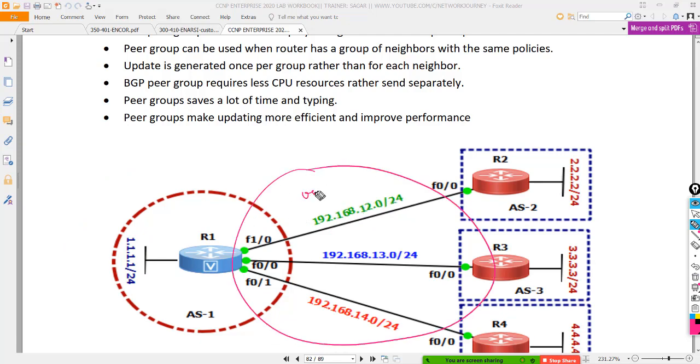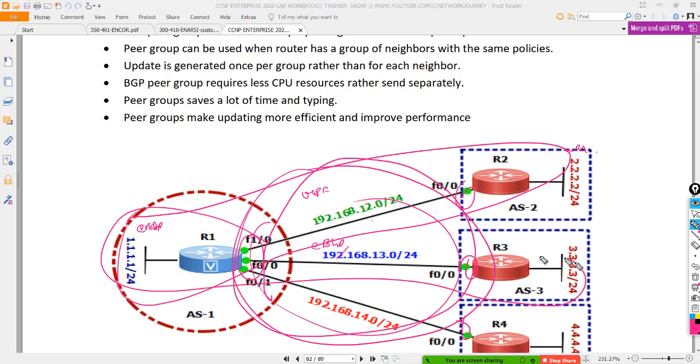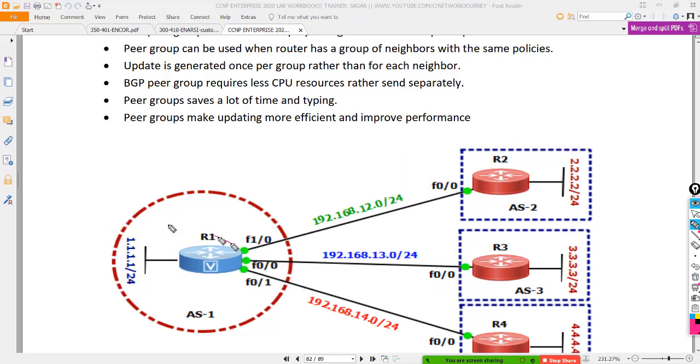You can have OSPF configured between these and then have your eBGP between loopback to loopback, or you can go with the eBGP concept that I showed you today. So first thing is your eBGP concept, that you should have eBGP between this, this, this, and this.